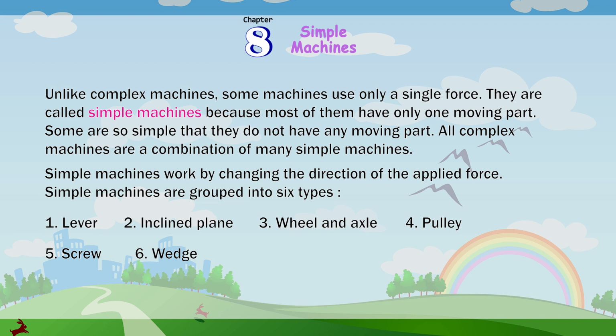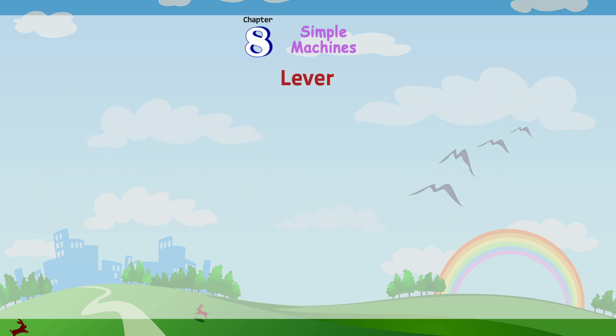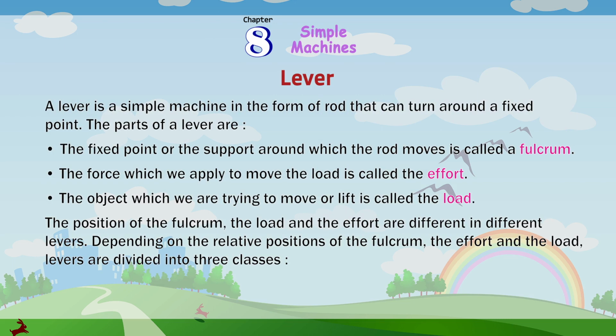Simple machines are grouped into six types. Number 1, lever. Number 2, inclined plane. Number 3, wheel and axle. Number 4, pulley. Number 5, screw. Number 6, wedge. Lever. A lever is a simple machine in the form of a rod that can turn around